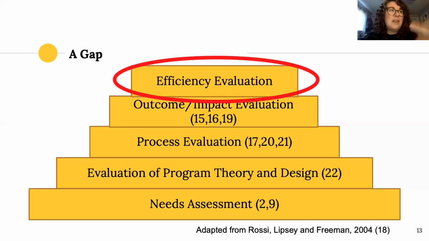How are we achieving the coverage and delivery that we're measuring in the process evaluation? What are we spending to get those kinds of results, right? And in efficiency evaluation, we put that at the top of the hierarchy because you really need to have all those other pieces figured out before you can even do this, right? And so what we'll see is that what I was able to design to do the first ever efficiency evaluation